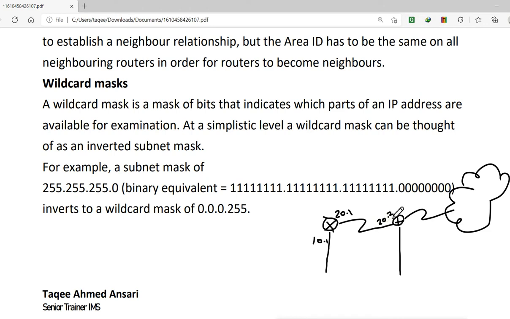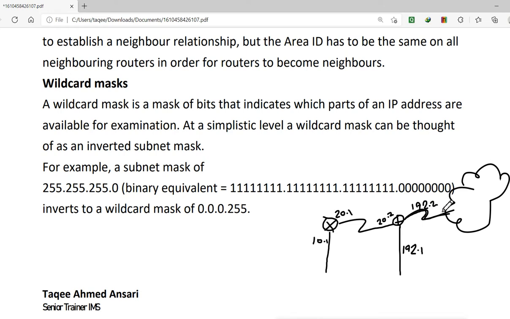Now on the fast Ethernet interface, the one connected to the internet side, I did the subnetting and created two subnets of 192. So 192.1 I gave here as one subnet, and 192.2 this subnet I have given on this interface.